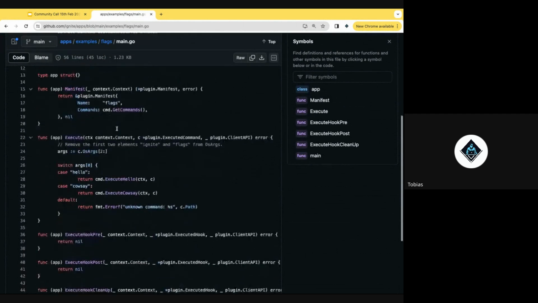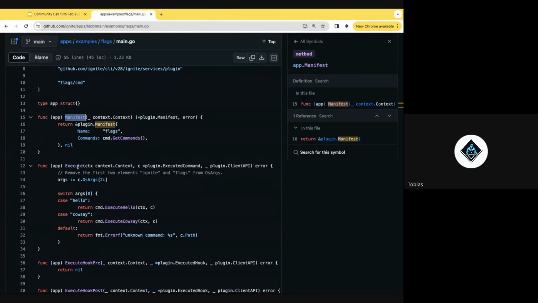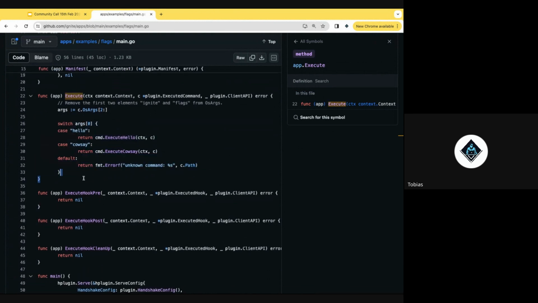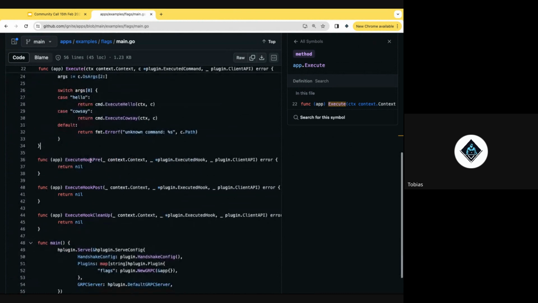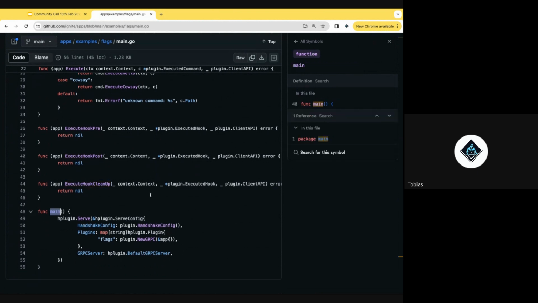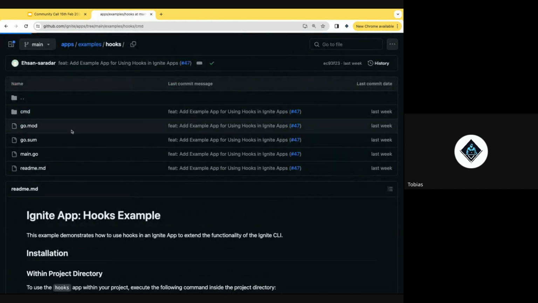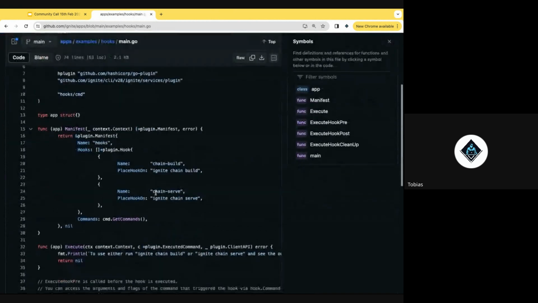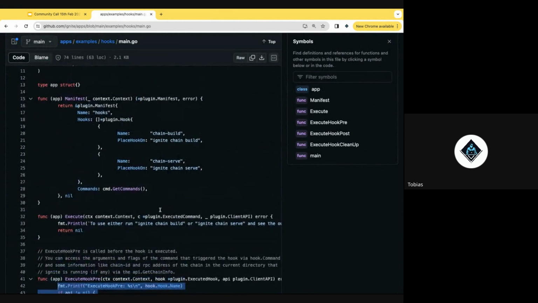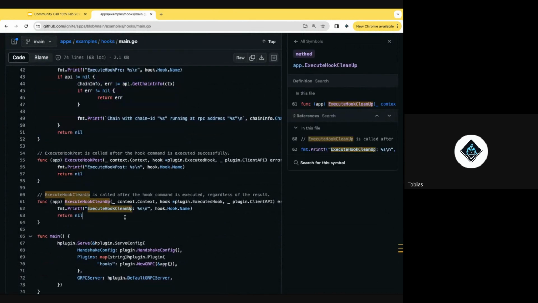Here you will see kind of the traditional wrap and framework for an app about manifest. Executing, this is actually where the final execution takes place, where your core logic sits. There are hooks, pre and post hooks or cleanup hook, and your typical Golang main function. And if you check into hooks, then actually Ethan has taken some time to explain a little bit on how hooks are expected to work. Feel free to look through them and see how exactly all of these hooks and templates work.